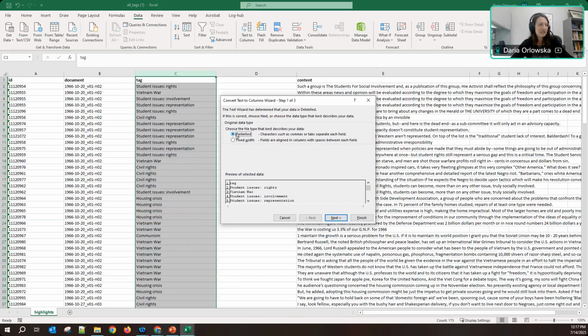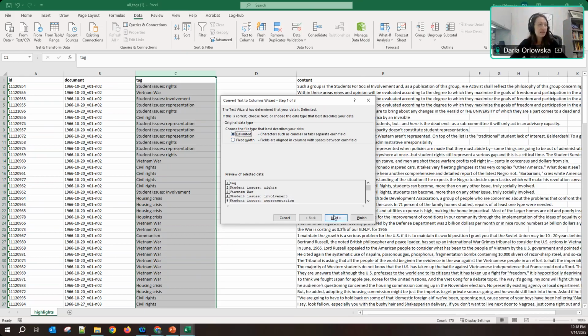We are going to click Delimited as how we want to split up our text. You can also click Fixed Width. This works very well if you have, in your column, the first 5 characters, and then 7 characters and then 5 more, and they're all like that all down the column, because then you can separate it by its width, by the amount of characters. Because we have a varying amount of characters, we want to separate by delimiter.